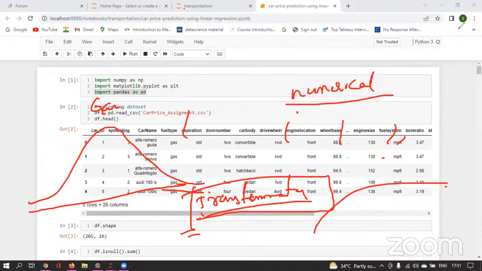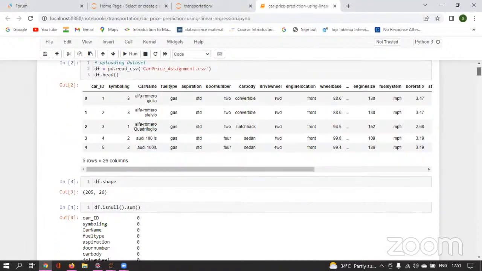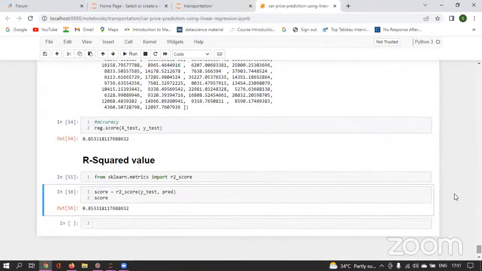If any one of the features is not normal, you can do the transformation and again apply the linear regression model and check the R square value. In that case, you will definitely find an improvement in the R square value, since the non-normal data has been converted into normal.